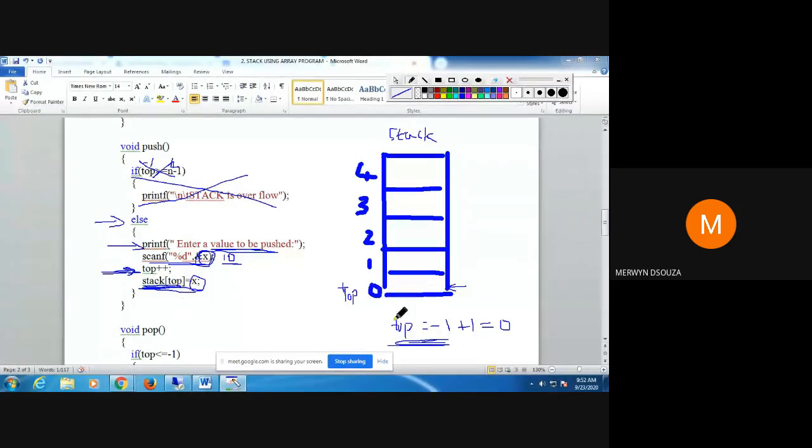So stack top, what is the value of top? 0. So stack top gets replaced with 0. Okay, so where I'm storing the value? In array stack at index 0. So at this index 0, I store this value of x. And what is the value of x? 10.